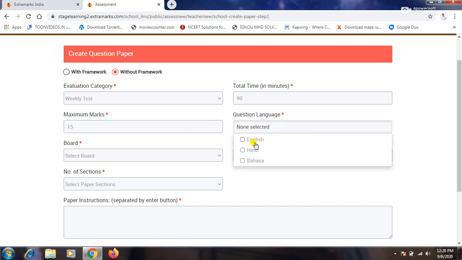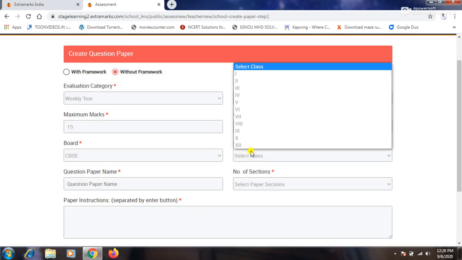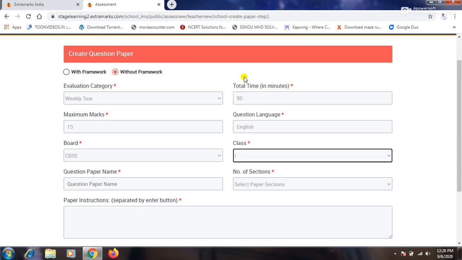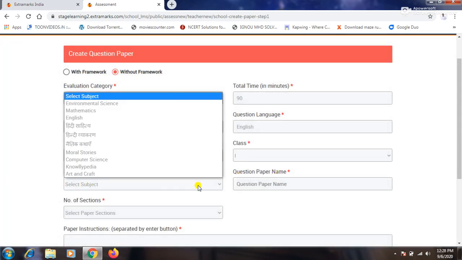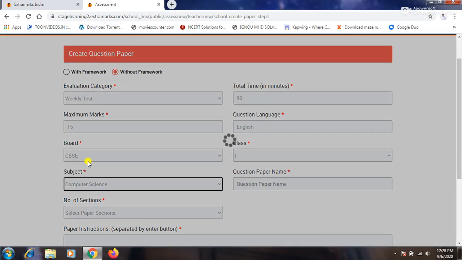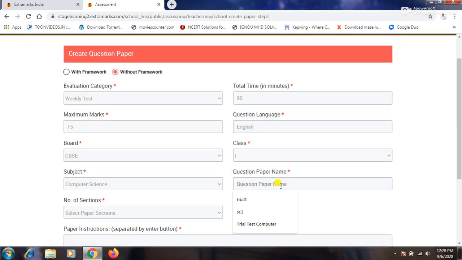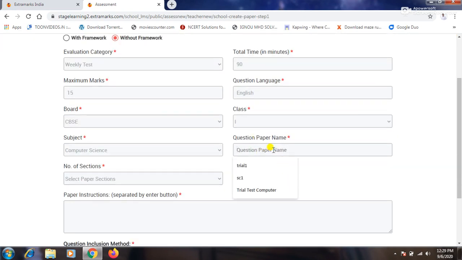Then question language is English. Board is CBSE. Class, I have prepared the questions for class 1. So subject is computer, I guess I have kept my questions under computer. Then question paper name. The question paper name should be a unique one. Every time you create a paper, it should be a unique one.